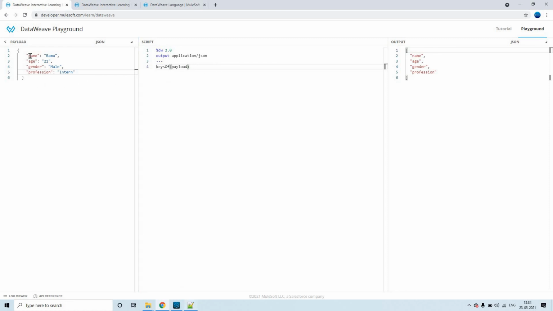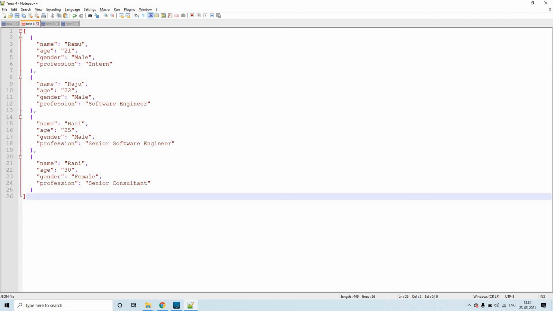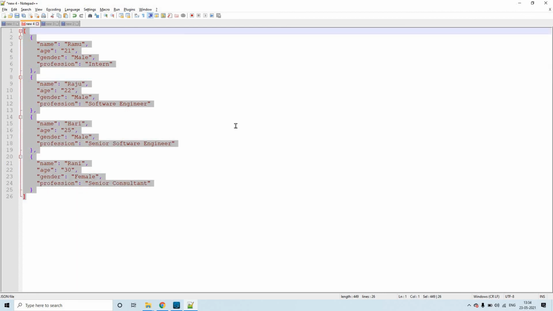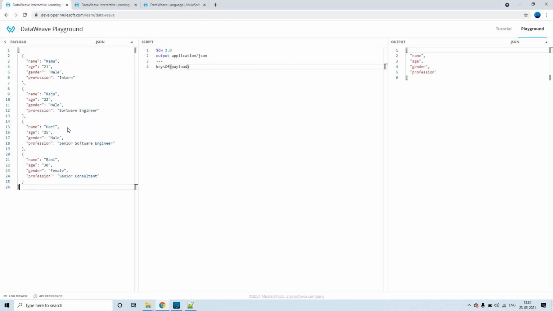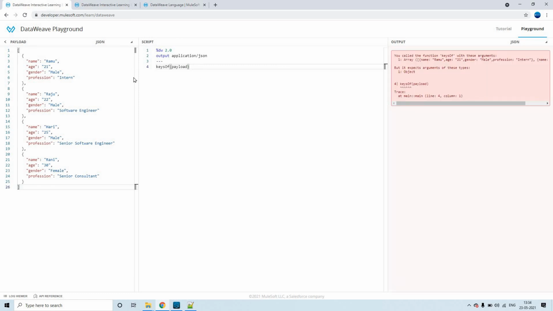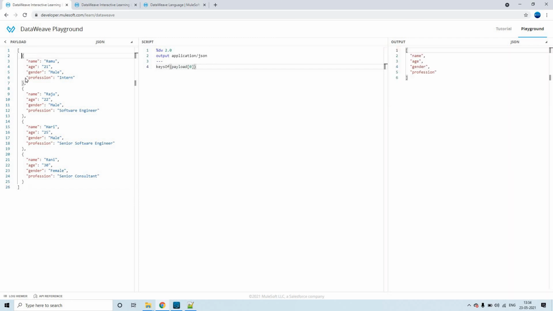For example, now I'm going to perform the same thing on this, which is an array, right? Let us see if this will work or not. As we already discussed, we can perform this keys of function only on the object, not on an array. Though we have something inside this array, at a high level this is an array, so you cannot perform this straight away. But for example, keys of payload of 0, because you have an object in the first index.